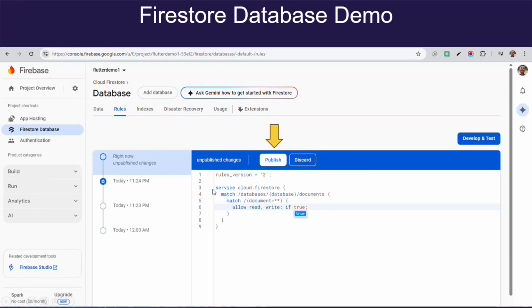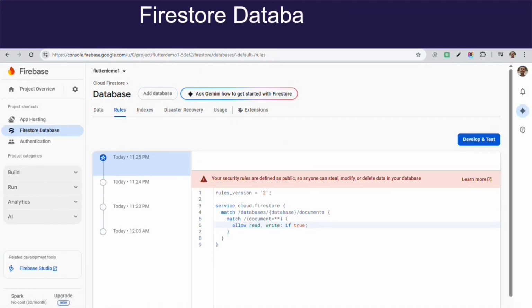We want to make changes permanent, so I click on publish. It will now be changed to true, but it shows a security warning that your security rules are defined as public, so anyone can steal, modify or delete data in your database if they have access.